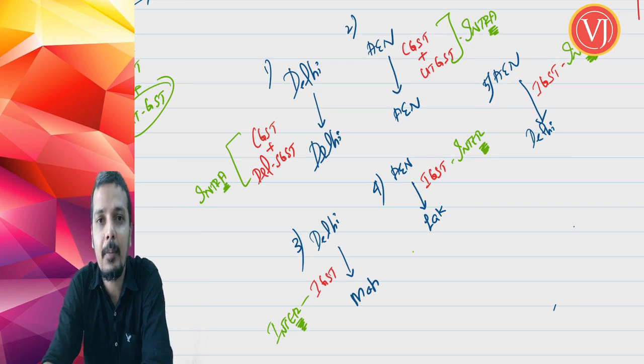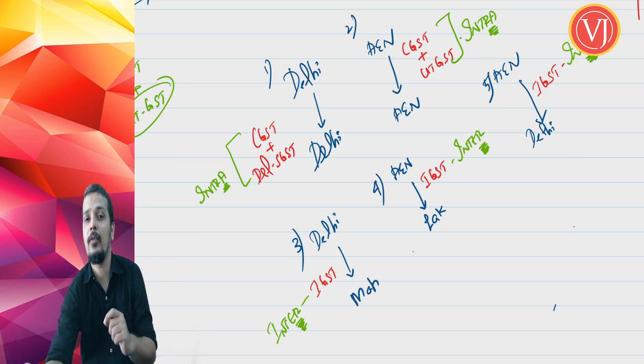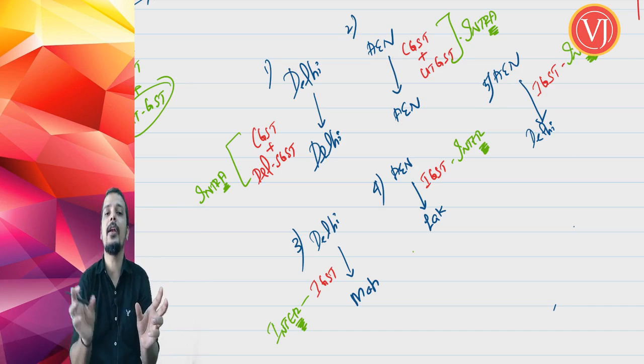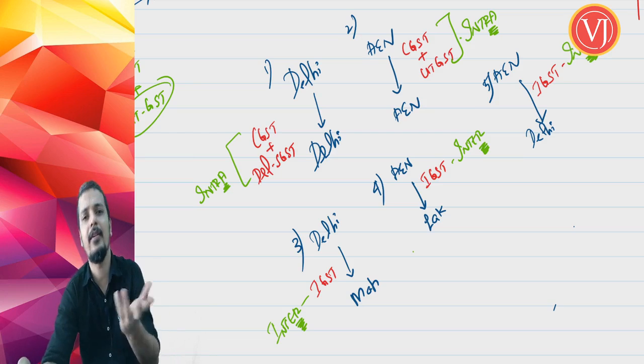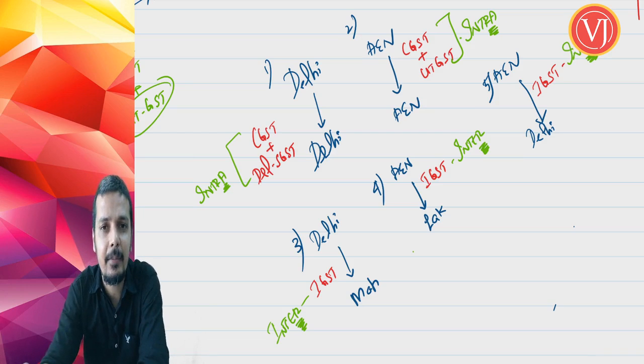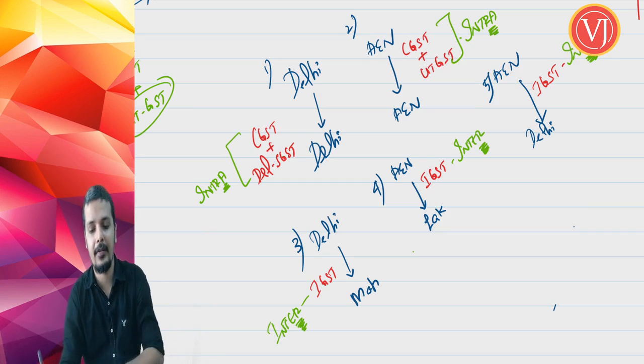Fourth example, Andaman and Nicobar to Lakshadweep. Again, it is interstate supply. Therefore, IGST. Why? It is one union territory to another union territory. And fifth example, one union territory to another state. That is Andaman and Nicobar to Delhi, union territory to state or vice versa. Again, it is interstate supply. Therefore, IGST. Now, till here it was very clear in our earlier discussion also, my friends.